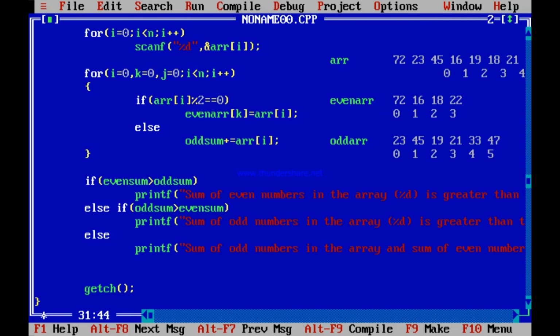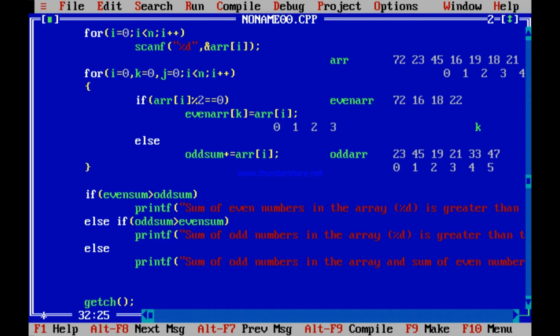And every time I copy it, K can be incremented. I'm very sorry, this is 0, 1, 2, let it be over here. Okay, so this has to be K. K has to be incremented every time. I think you understand this.